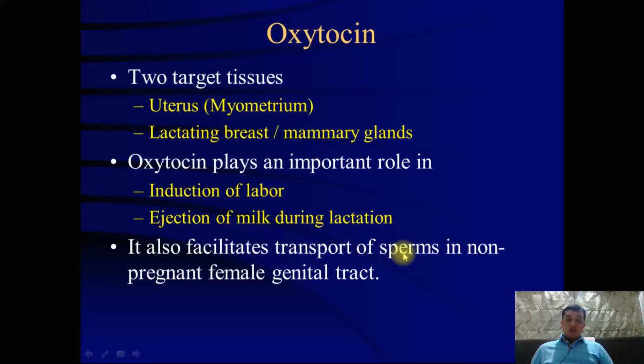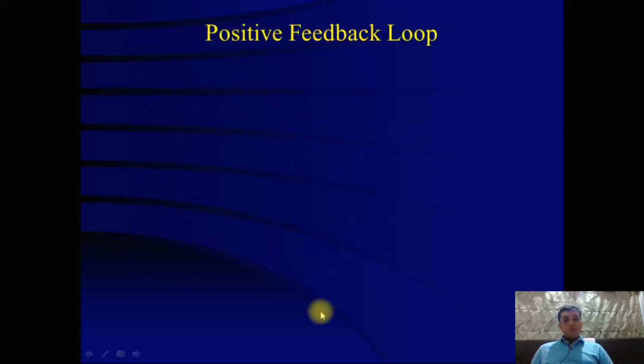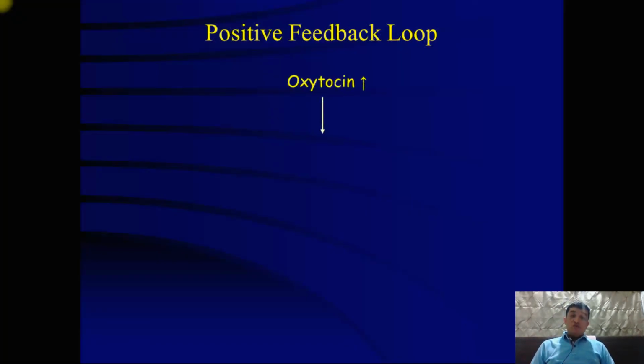It facilitates the transportation of sperm in the non-pregnant female genital tract, right? So there also it is having some role. This is a positive feedback loop, rarest of the rare in the body. There are two such positive feedback loops present in your body, and one of them we are going to discuss right now. So once the release of oxytocin is induced by a mature fetus at the end